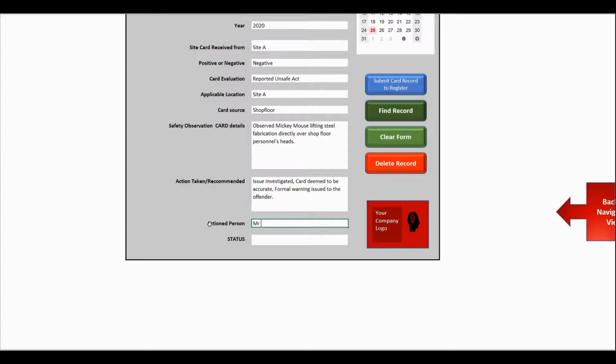The status field, if the action has been completed, we can indicate closed from the drop-down list. If the action is yet to be done, indicate open. In our case we will indicate closed. There is one other selection that can be made,